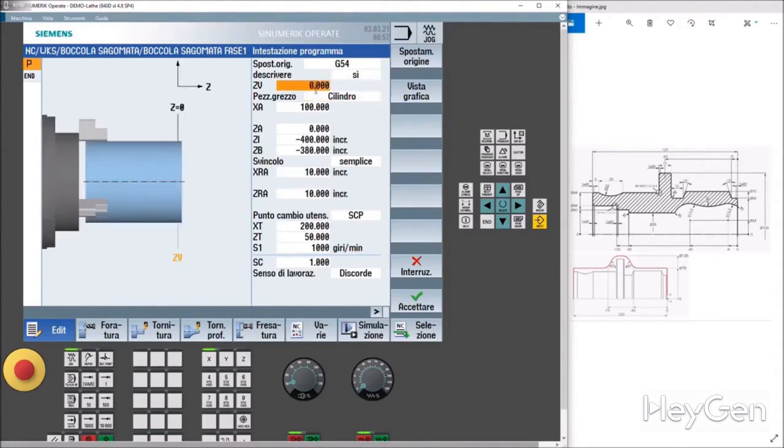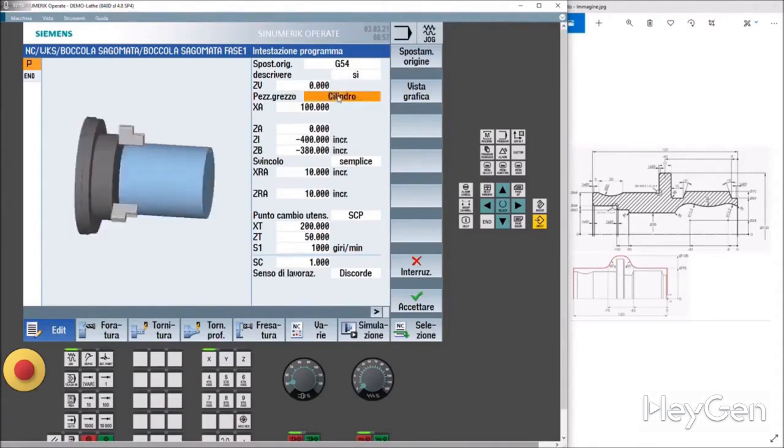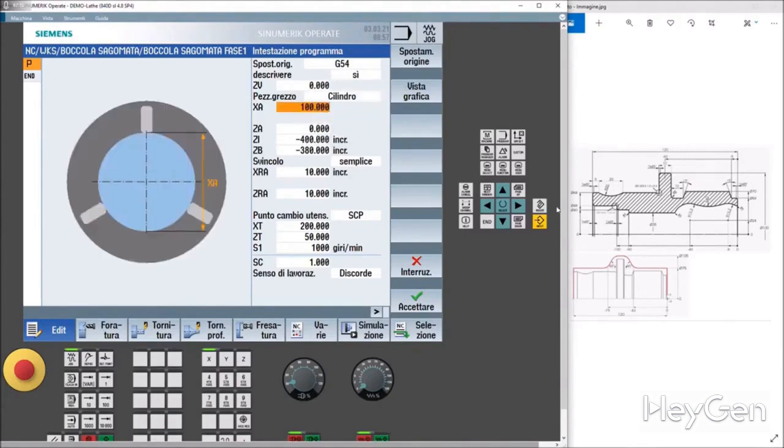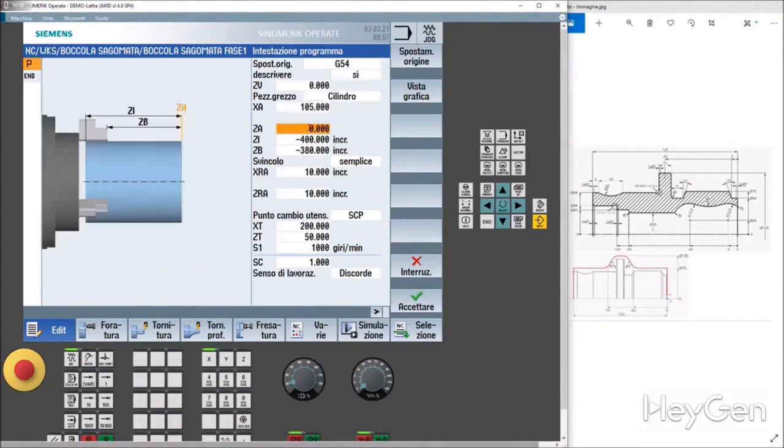G54. ZV is our zero plane raw piece, the type of the starting raw material. So a cylinder, a tube, a parallelepiped. XA is the maximum outer diameter of our raw material. In this case, we see it here. ZA is the excess material on the first face of the piece.